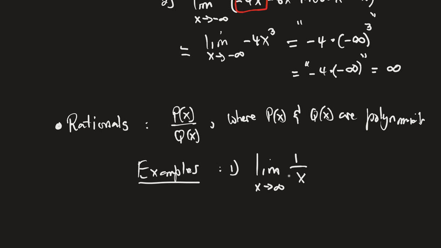what is going to happen to 1 over x, this fraction, as x, which is in the denominator, gets very, very large? So the numerator stays constant, but the denominator gets very, very large. Well, what's going to happen to the overall fraction? It's essentially this, and again, I'm going to put this in quotes